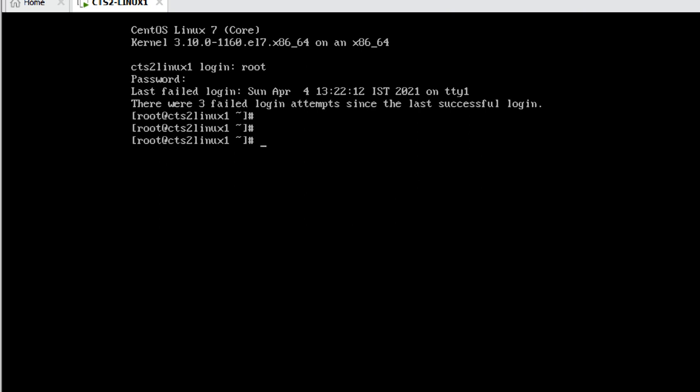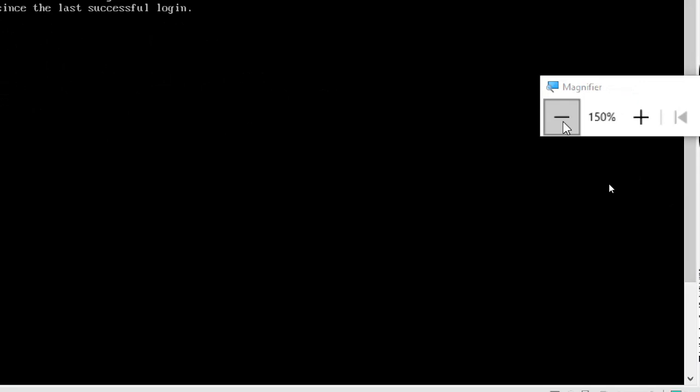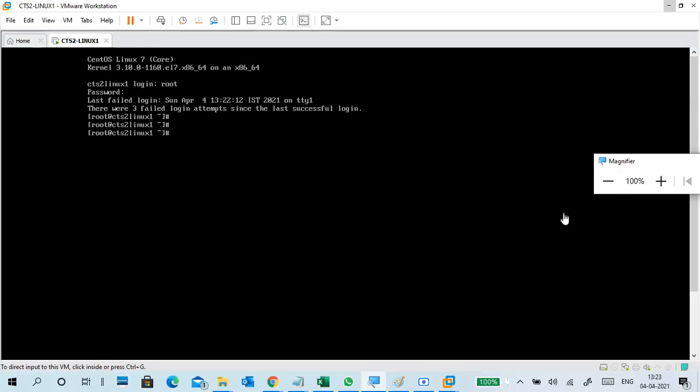This is not enough. In this screen, you can't work. This is not even a physical machine. In this kind of black screen machine, you cannot work properly. Why?